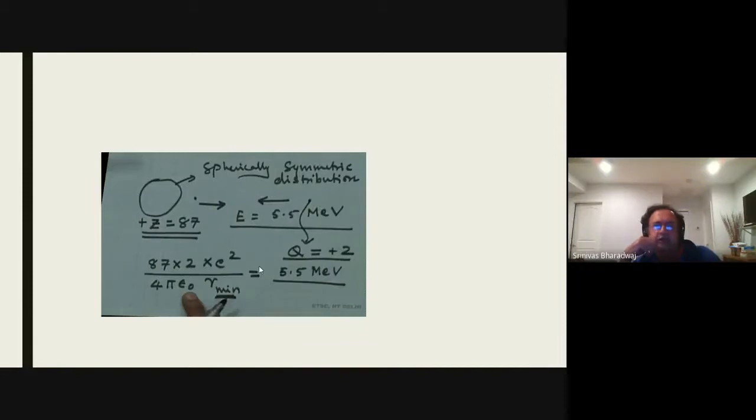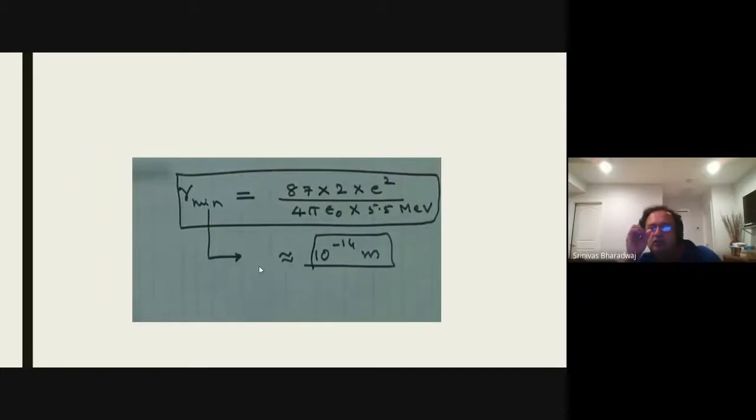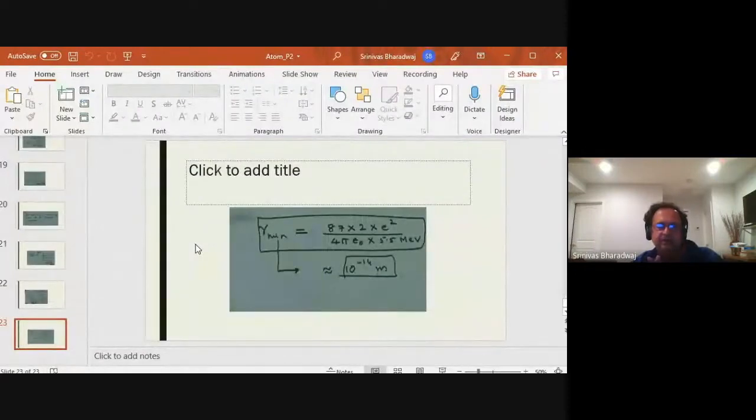Okay, and so then they said that there is a central nucleus, Z equals 87, right? Atomic number of gold, and it's a spherically symmetric distribution, and correspondingly, you have a nucleus of a certain size. They were able to determine the nuclear size, which was 10 to the power of minus 14 meters. Okay, so having determined the nuclear size, we can then move on to introduce the next set